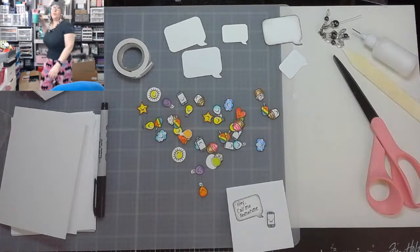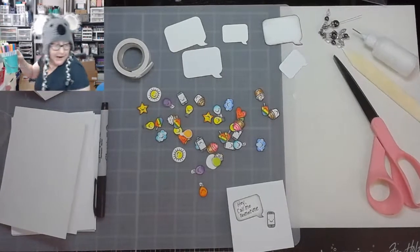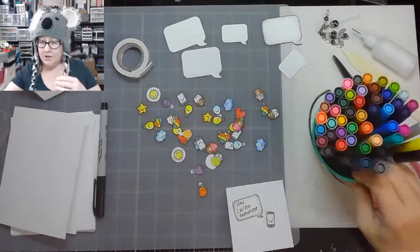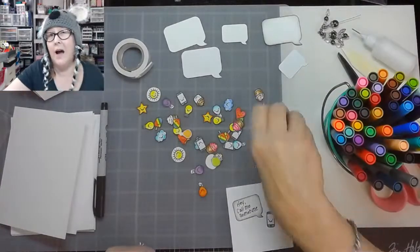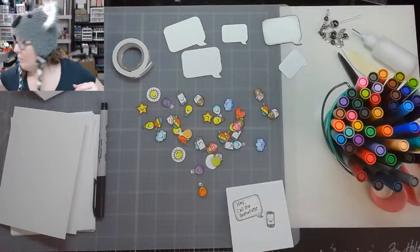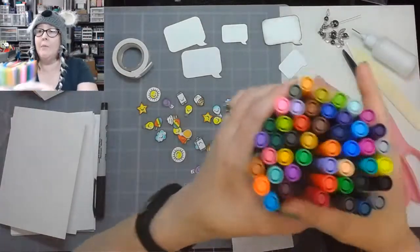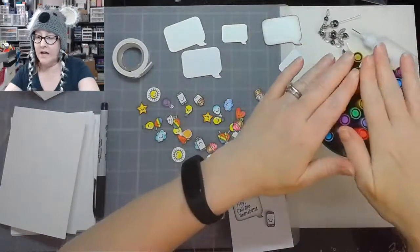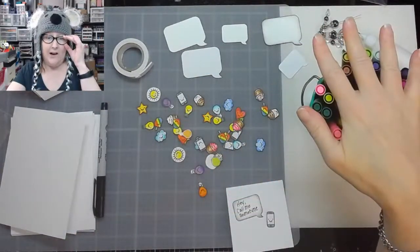So for those of you guys who don't have, pardon me, drawer, don't have markers like Copics or Sweet Noir or whatever, just grab a thing of, even Crayolas will work. I love this set. I think it's listed on,